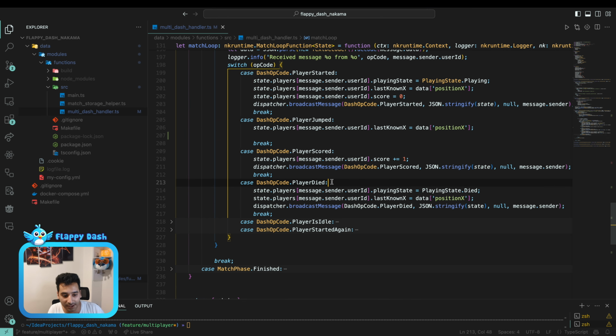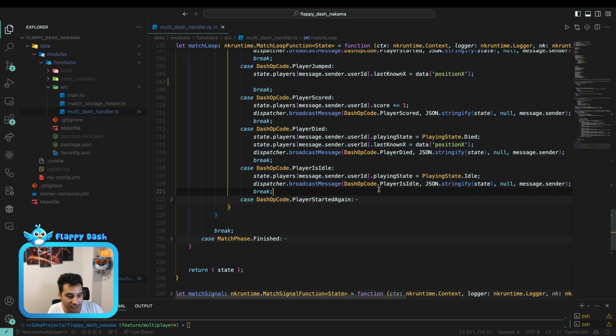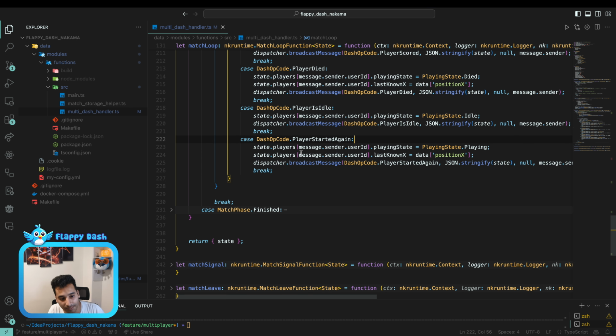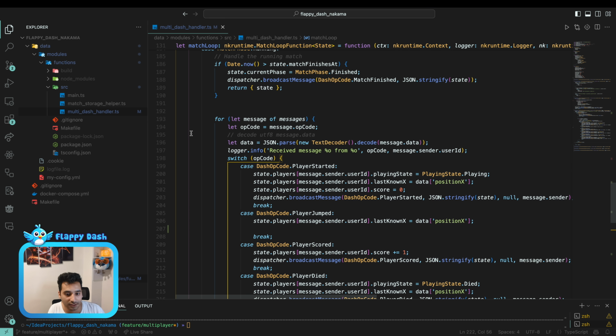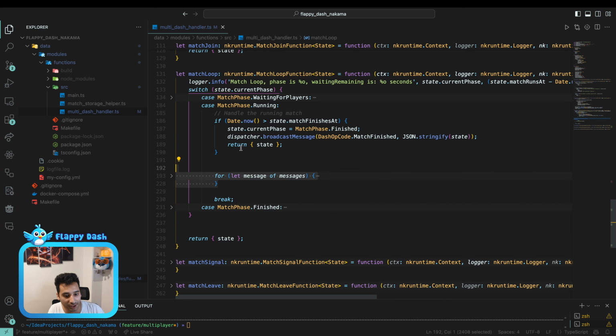And then we have player died, so when someone hits the pipe, we just change the playing state to died, and we notify everyone. And yeah, so this one is for when the player is idle, we just change the playing state, and the player started again. So when you die, you can start again to play. And yeah, so these are the messages that we are going to take a look at in the following episodes.